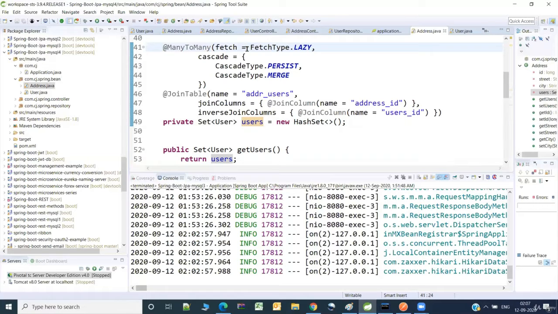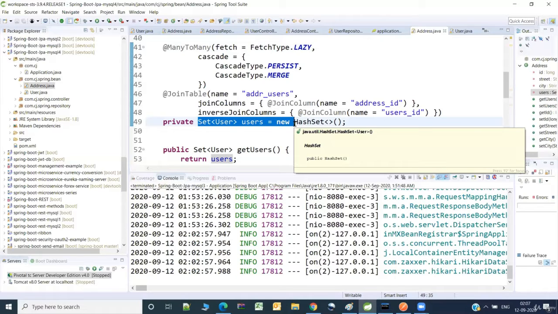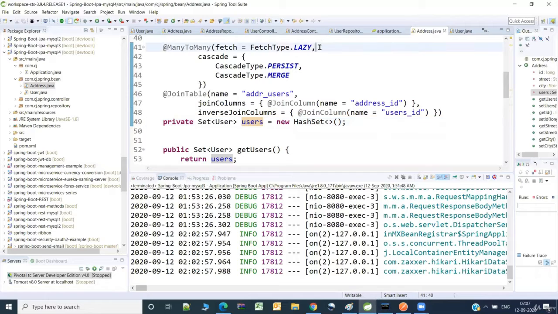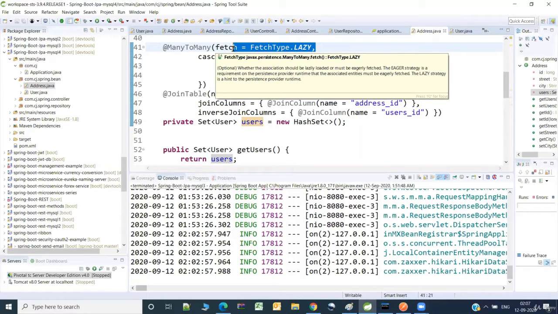Lazy means fetch the list of users only when required, that is only when get users or whichever method is invoked by the application, only at that specific point of time. So that's why I'm going for lazy. There is no rule that you have to go for lazy. In case of many to many, you can even go for eager.